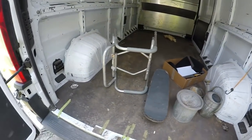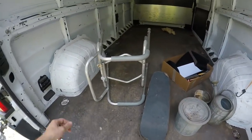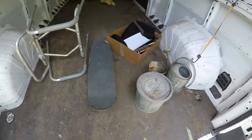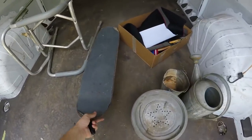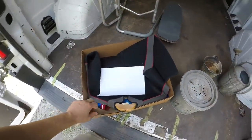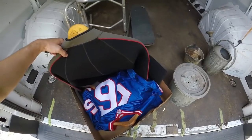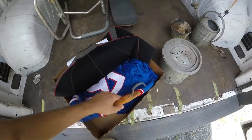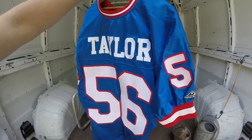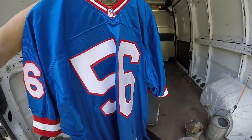There's not a lot in here. So that's kind of drying up in terms of the auction. But I did grab one box. And the reason why I grabbed this box was I didn't actually see it, but there's a football jersey in here. I saw this when they were doing the row. I didn't even get to look at it or anything. This is, I guess, Lawrence Taylor. I was talking to another guy there, and he